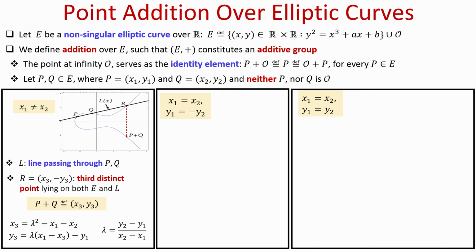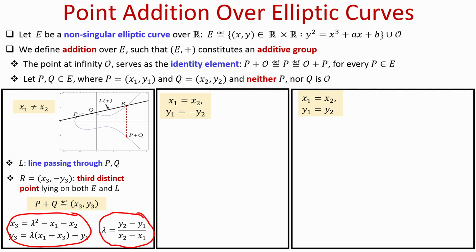So, now if we want to mathematically compute the exact values of x3 and y3, here is how we can compute. It turns out that x3 and y3 are related to the coordinates x1, x2, y1, y2 by this relationship, and here lambda is basically the slope of the straight line passing through the points P and Q, and the slope of the line passing through the points P and Q comes through this formula. Since we are in the case where x1 is not equal to x2, the denominator is not 0 and hence lambda is well defined.